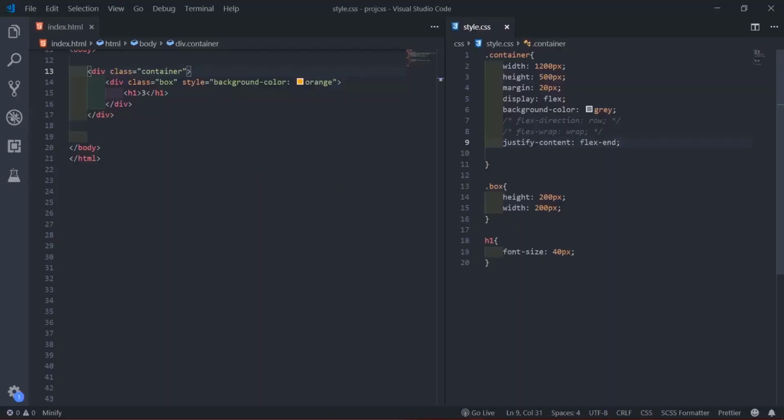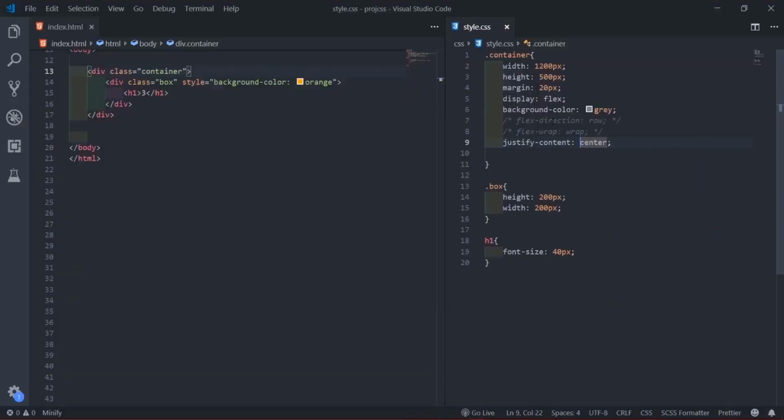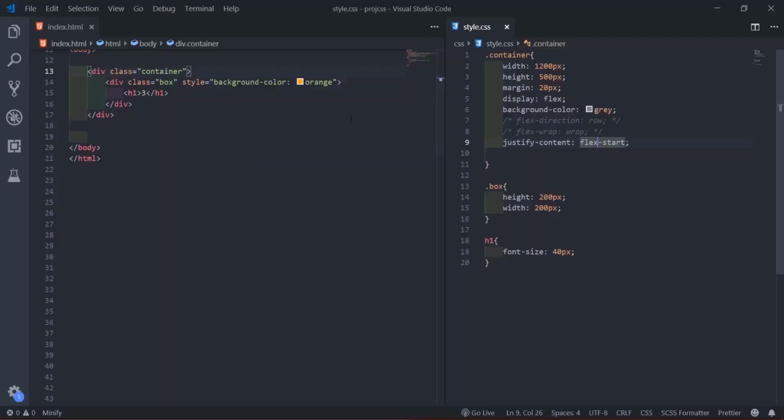It pushes and comes. You know, normally before, if we want something like this now, maybe float right, float left, we do all these many things. But we're not doing it like that. We just say justify content, flex end. If we change the flex end now, we'll say center. You see, it comes to the center. Then if we say flex start, which is the default, it comes to the starting place again.